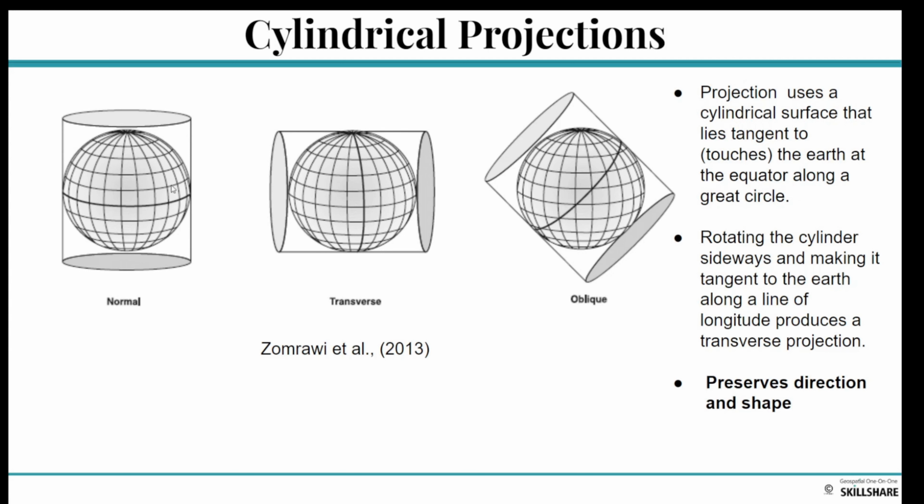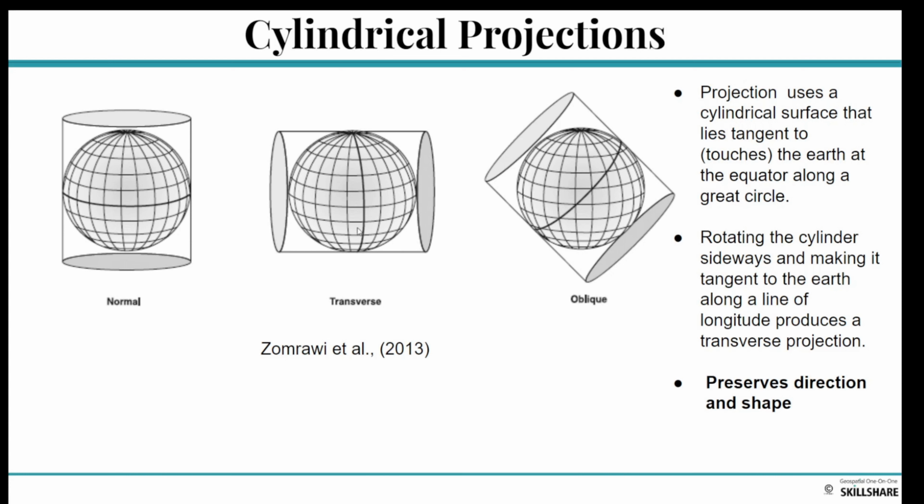And so all the people or all the countries that will be found here, whatever measurement we measure here is actually the true directions or the true distances. And we can be able to measure shape, we can be able to measure directions exactly only on the places that touch the globe. However, if we turn the cylinder on the side and we try to move the cylinder,